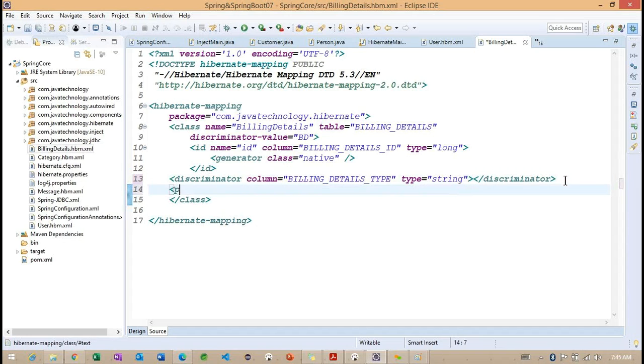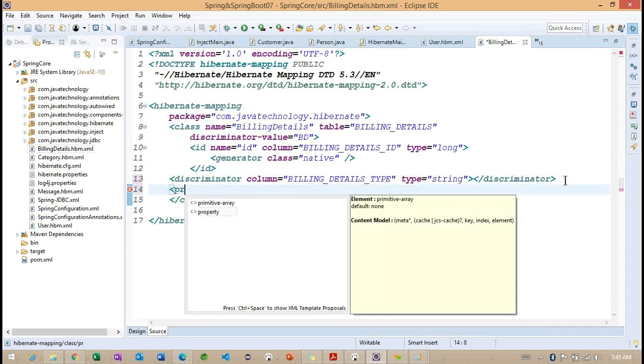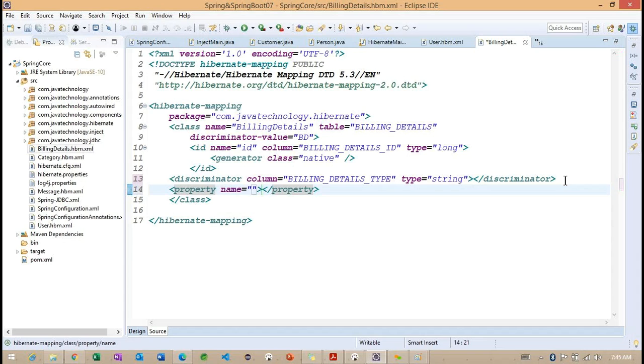And later, what I'm going to provide, property. So what is the name of the particular property? Something called billing details name here. Name, owner, string.